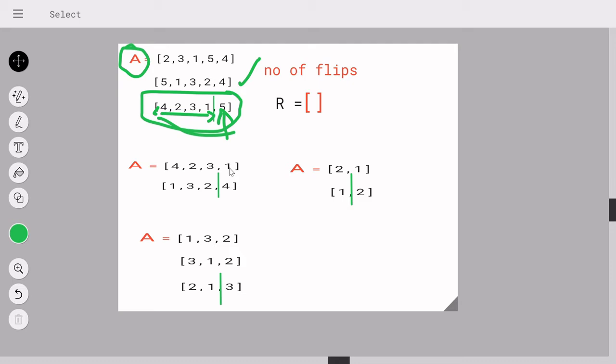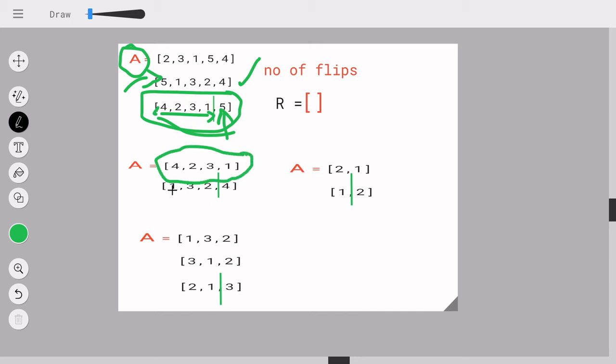The element that I want over here is 4. How do I get 4? I need 4 in my 0th location. I already have it. I don't have to perform the second procedure which I did over here, which is this. I don't have to perform this procedure at all wherein I get my 5 in the 0th location. I already have it. So the only flip I do is the entire flip.